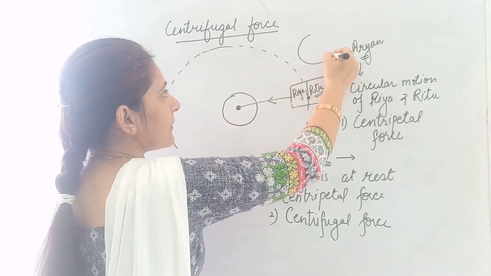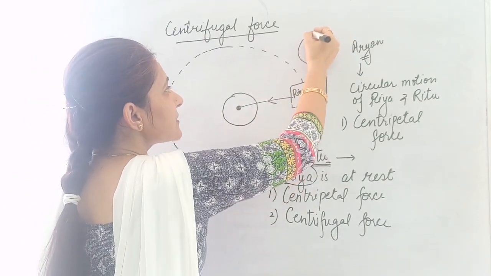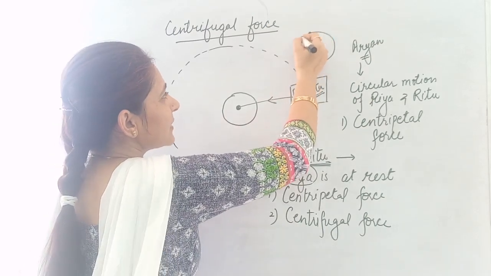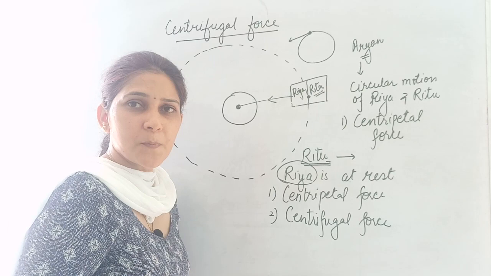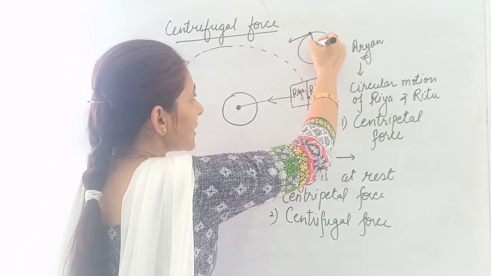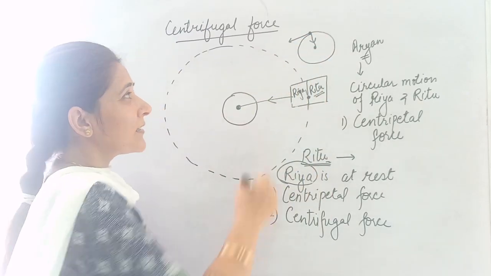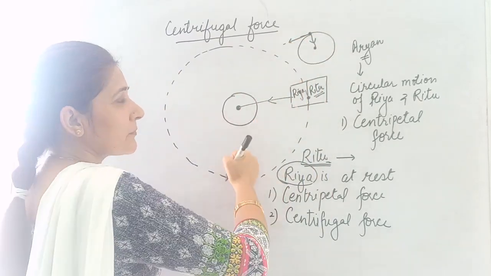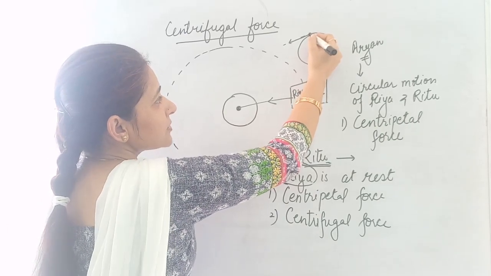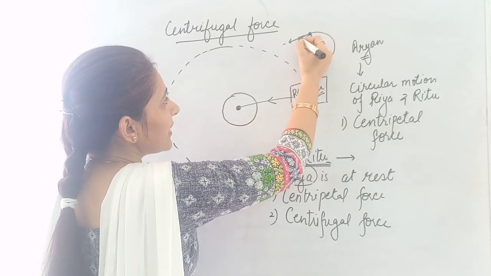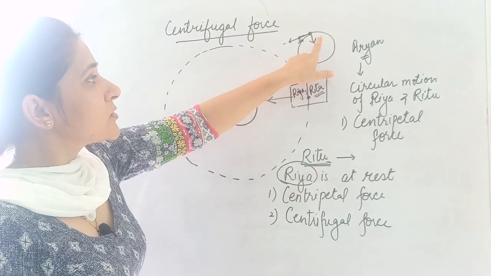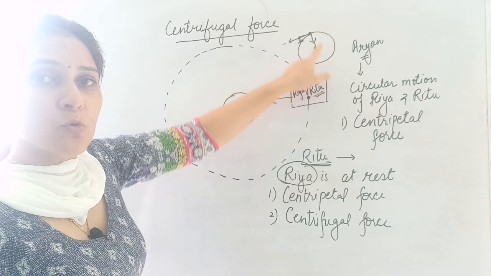Suppose this is a circle, okay, and if somebody is present over here, what is the direction of motion of this particular person? This is the direction of motion of this person. If a force is not applied to this person towards the center, the person should go in this direction, but as the force is applied towards the center, the position of the person changes to this. Otherwise the person should be here. Now the person should come over here because of this force which is applied onto the person towards the center of the circle.